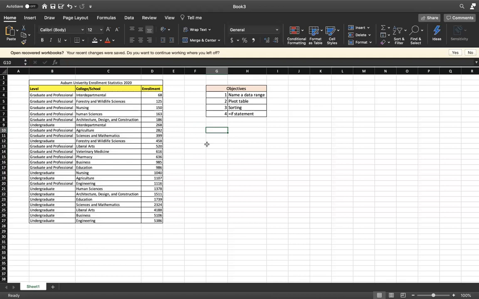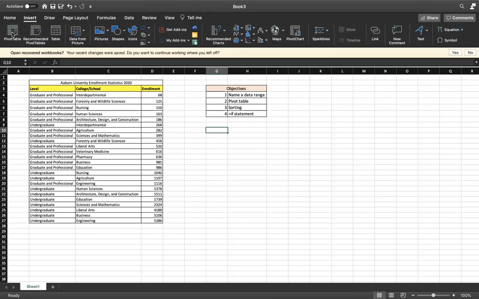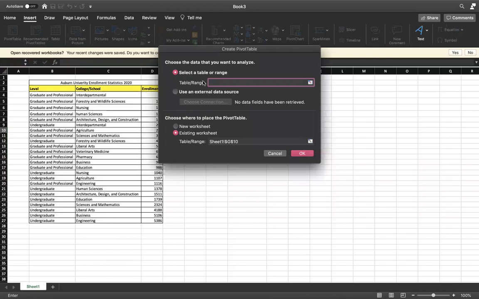So this next thing we're going to do is create a pivot table. So I'm going to select the cell that I want my pivot table to begin in, and I'm going to select this one, click Insert up here at the top, select Pivot Table, and here you can see it's asking for a table or a range. And I'm going to type in Auburn because that is the data range that we just named. And then down here you can see this is a cell that I had selected for my pivot table to begin in. You're going to click OK.